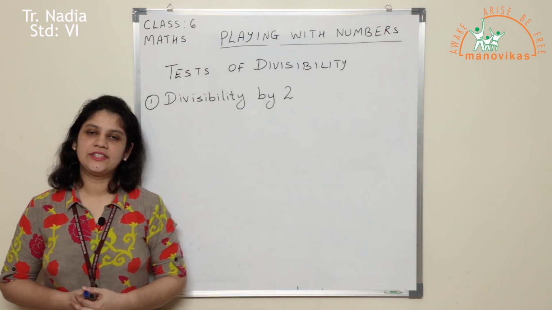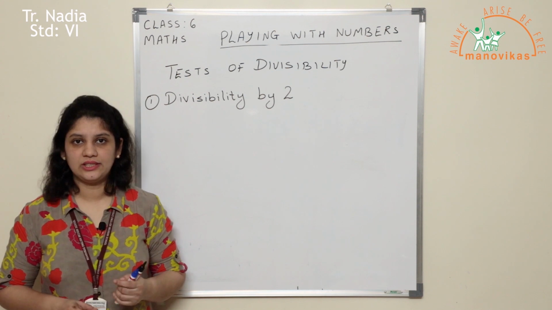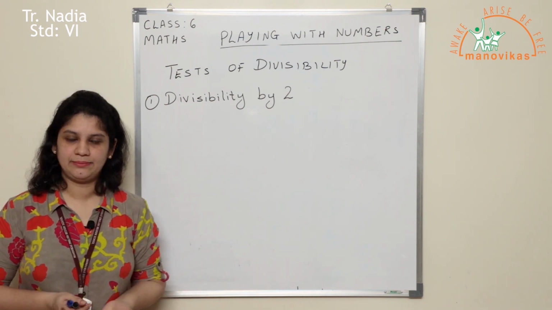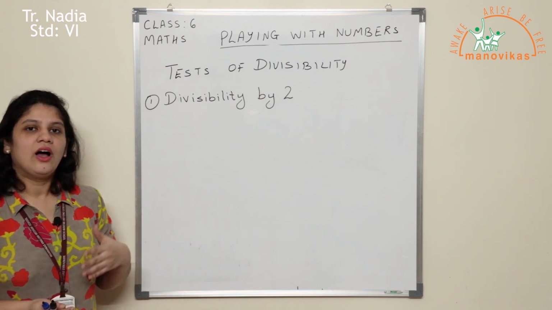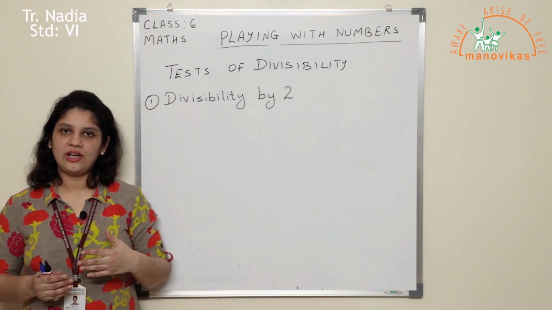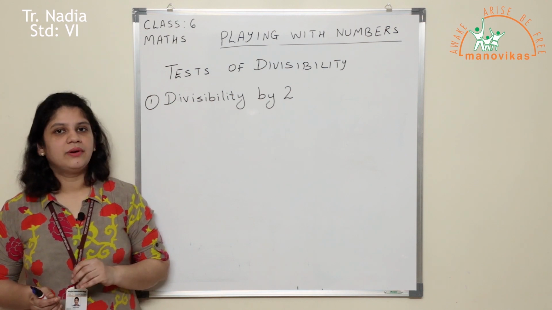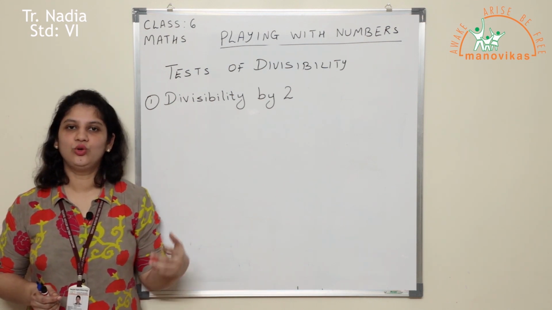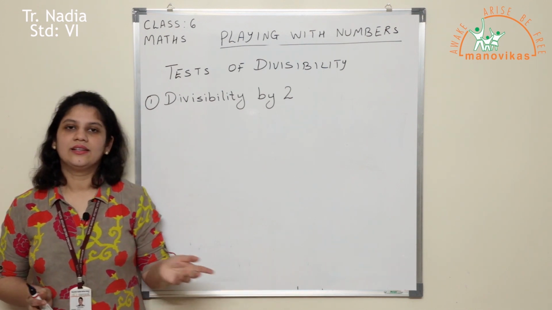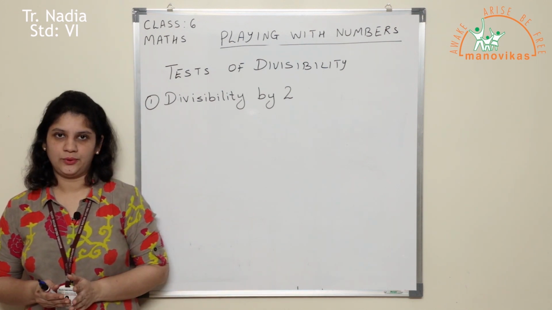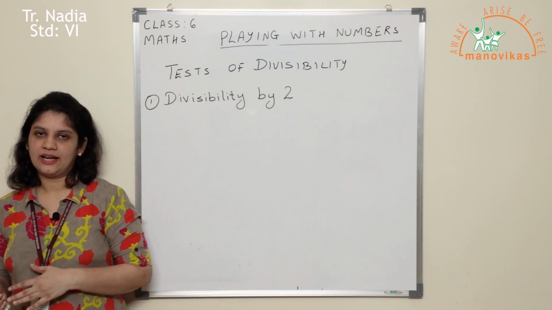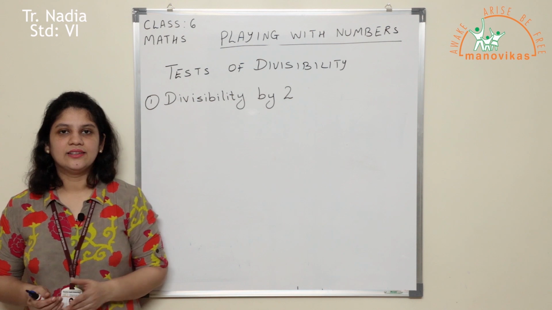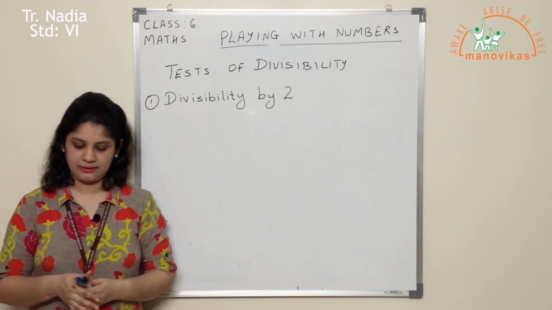Okay, so in test of divisibility, first let us see how to do the divisibility by 2. How do you come to know whether a number is divisible by 2 or no? As of now, I have already told you all how to check this. If the number is even, that means if the number ends with 0, 2, 4, 6 or 8, the given number is divisible by 2. If the number is odd, that is if the numbers are ending with 1, 3, 5, 7, 9, that means the number is not divisible by 2.